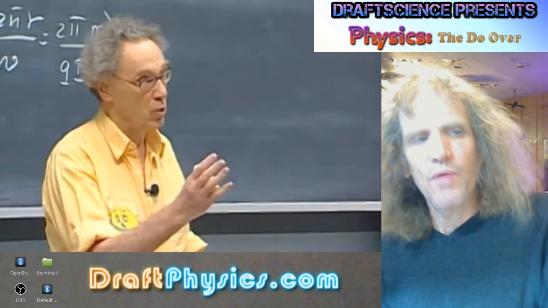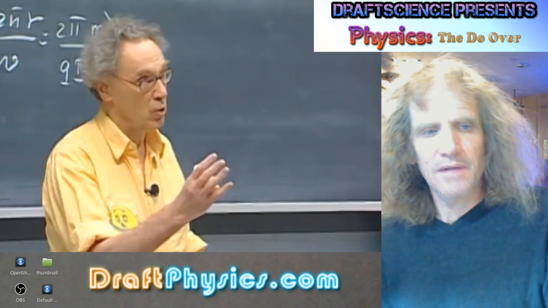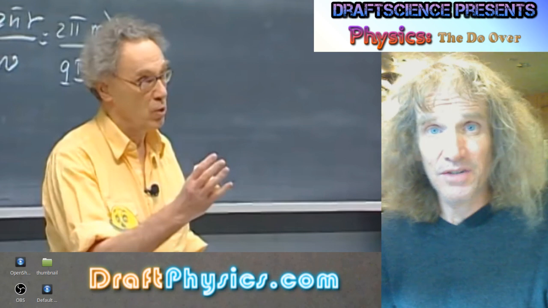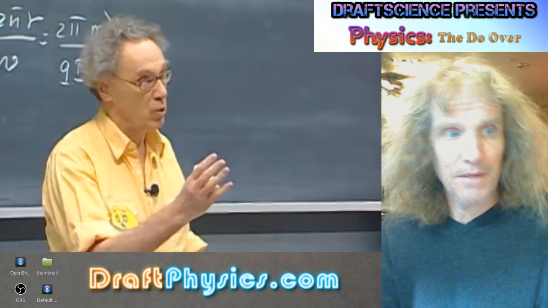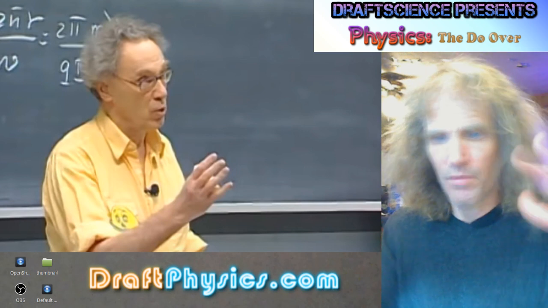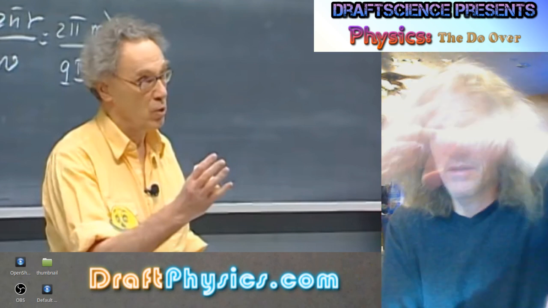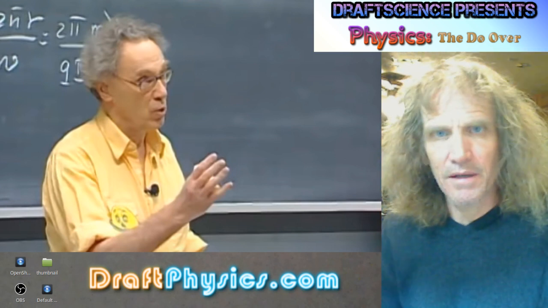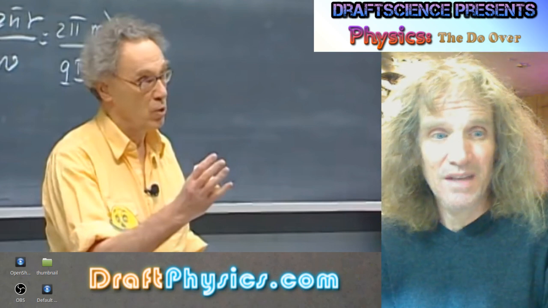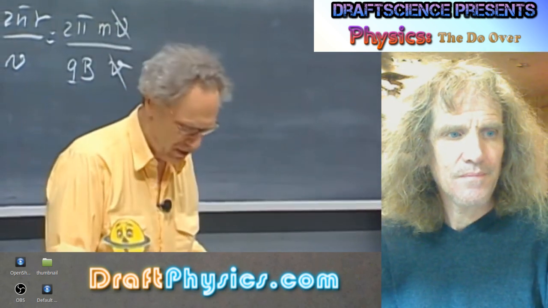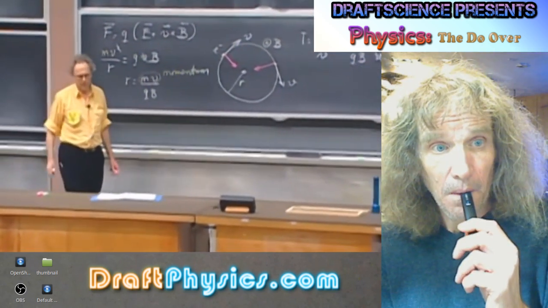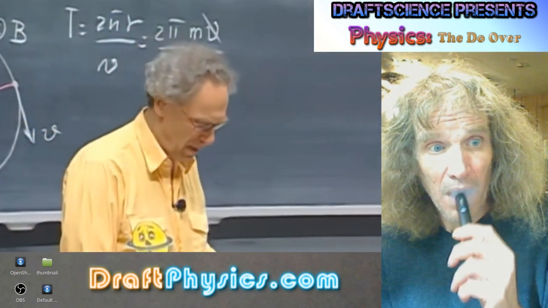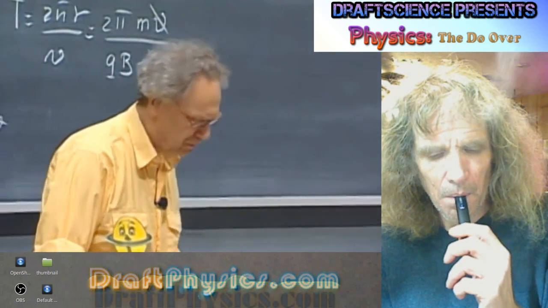So again, I don't even know why this is emphasized, because this really only has much relevance to accelerators or something. There's no common part of physics where you need to worry about a magnetic field that's circular around something and all that. There's not too many of those in nature. Assuming that it's non-relativistic, and we discussed that in the framework of cyclotrons, the time for these particles to go around is independent of the velocity.